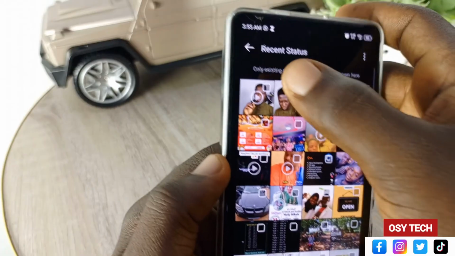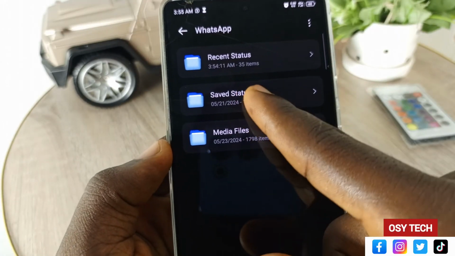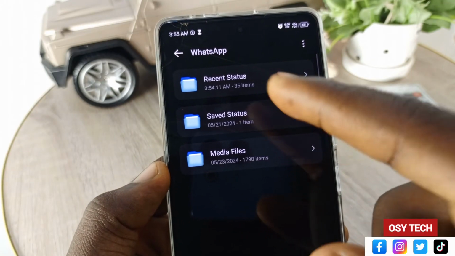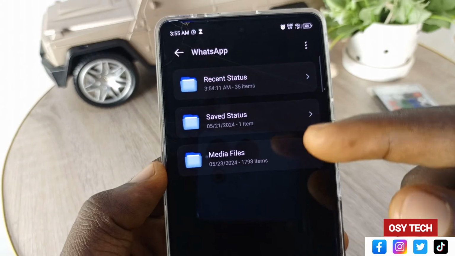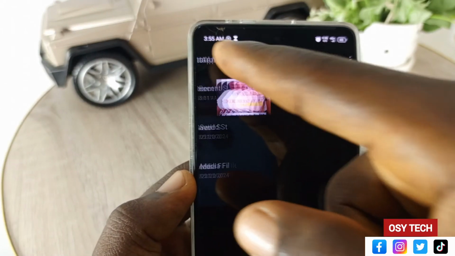But before we tap on the save, let me show you something right here. Let's go back. When you go back, we have the saved status. Okay, so this is where you will see all your saved WhatsApp status. Just tap on it, and this is the only one that I've already saved. Okay, let's go back again,